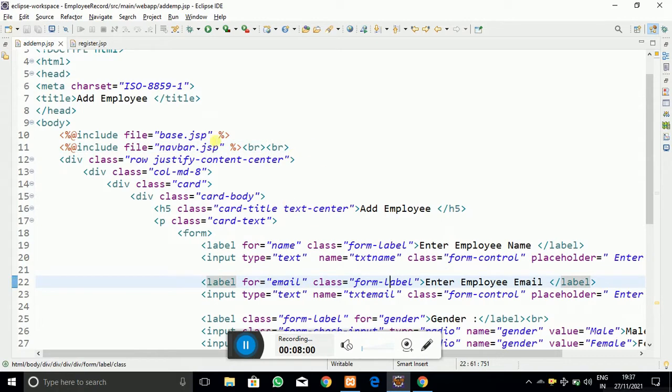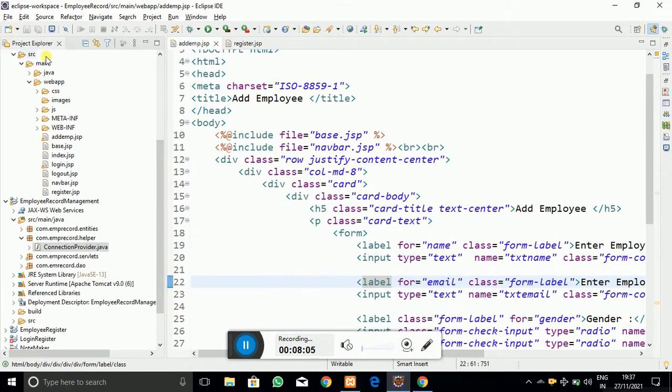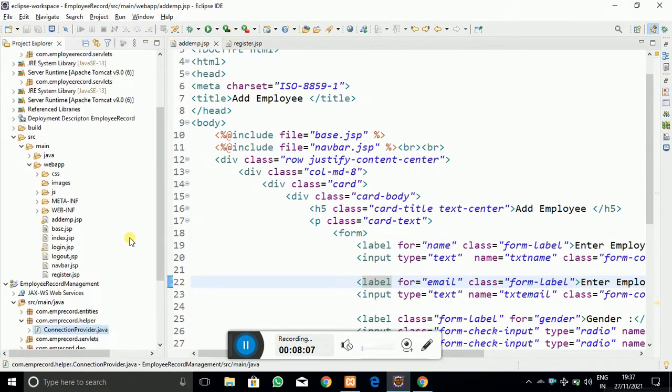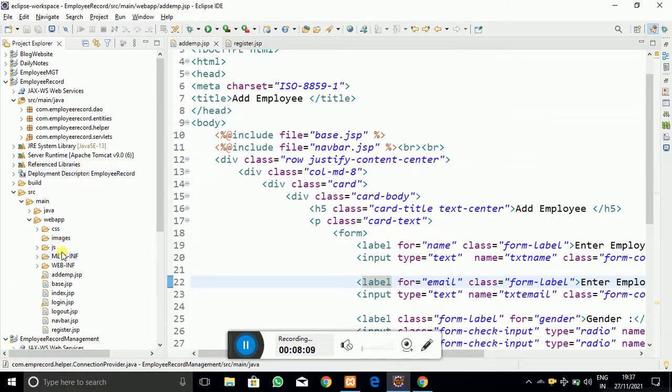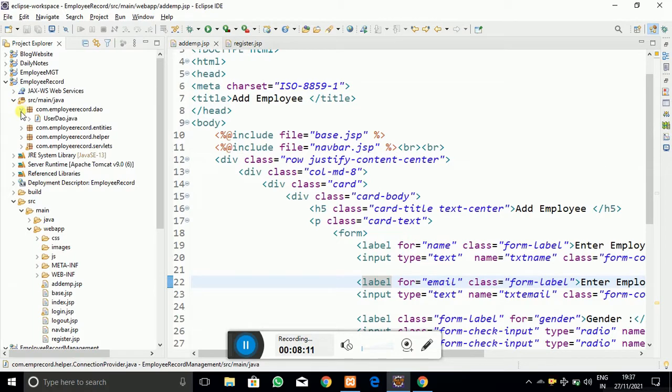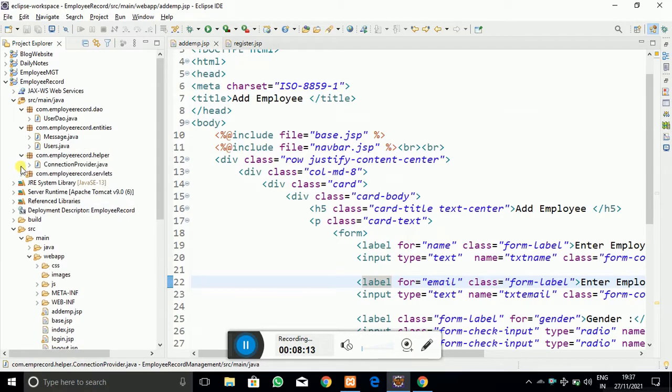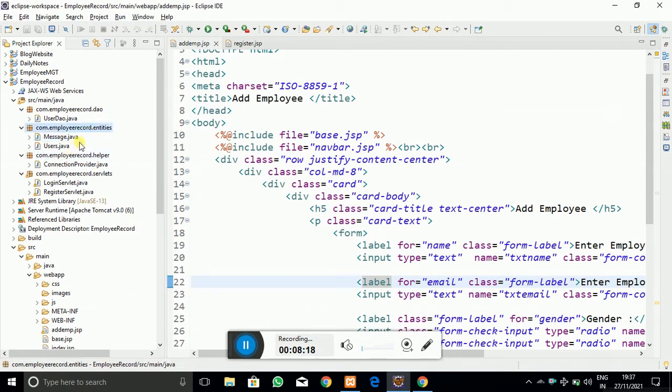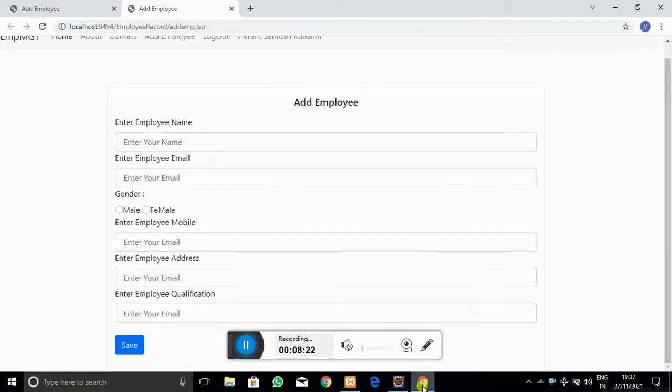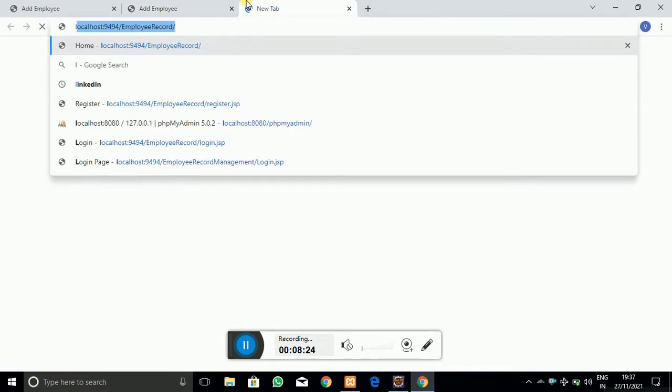The employee table we have to create, which we haven't created yet, as you can see. Before creating the entity, that is the employee entity, we are going to create the table. You can see that we haven't created it yet. The MySQL table you have to create.